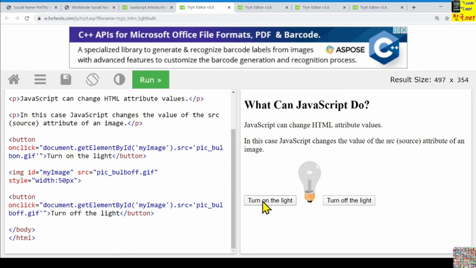If you click this one, then this event handling program that is written in JavaScript is running, and this one, source, that is the attribute name of this image element, will be changed. Original value was this, and we can change it to this one.